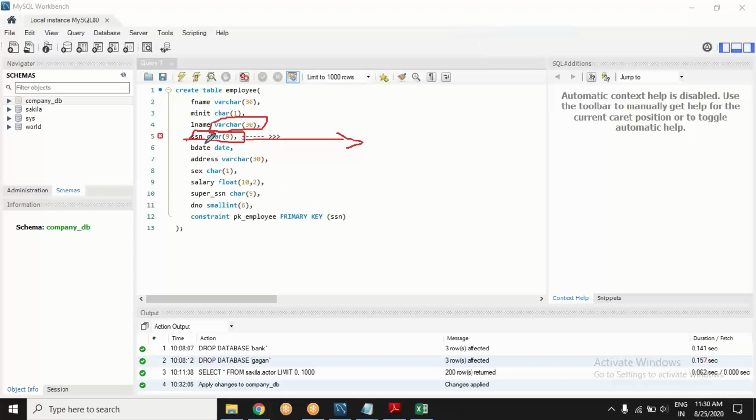Okay, I was talking about character. We kept it as character of length 9 because we already know that SSN is a 9-digit number. Tell me, if I am keeping a mobile number in the Indian context, think about it.